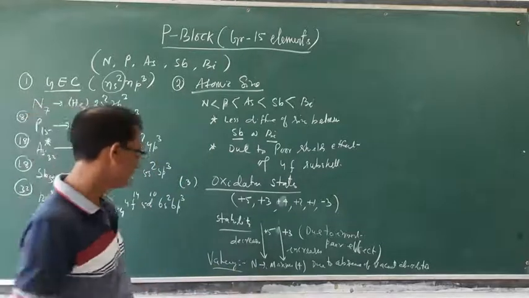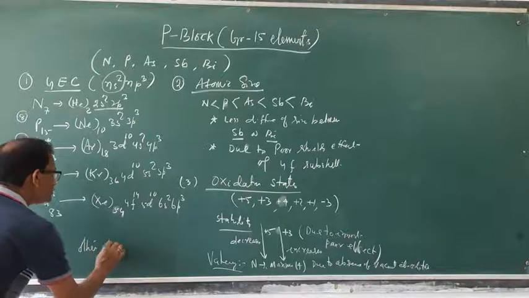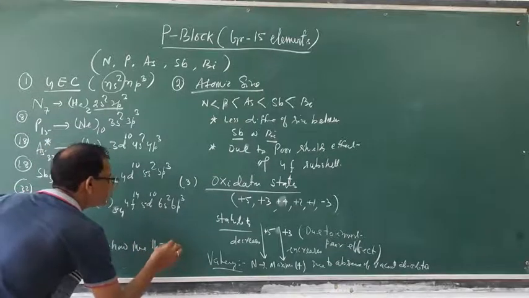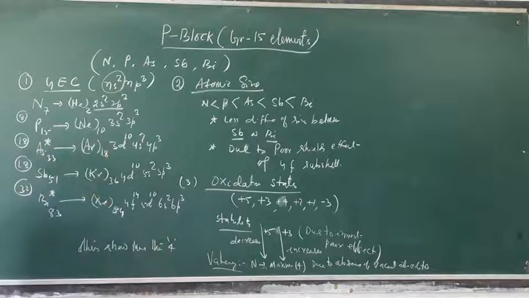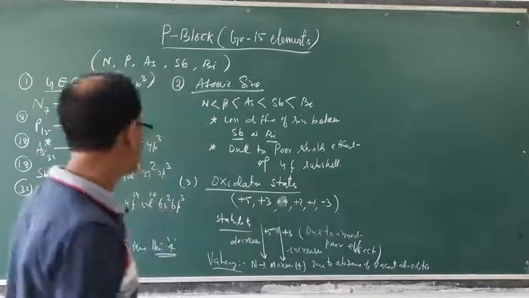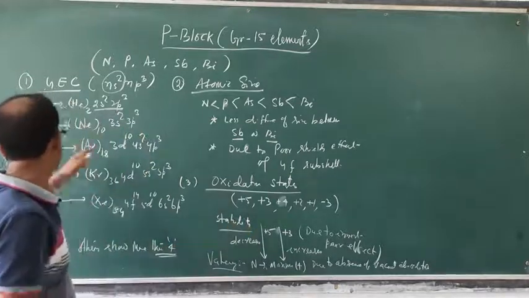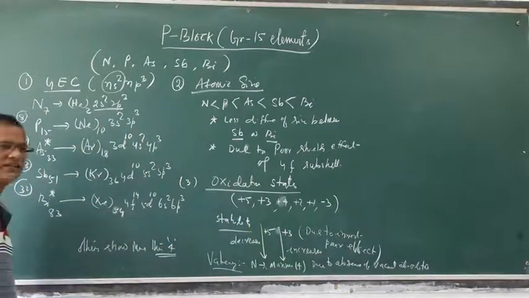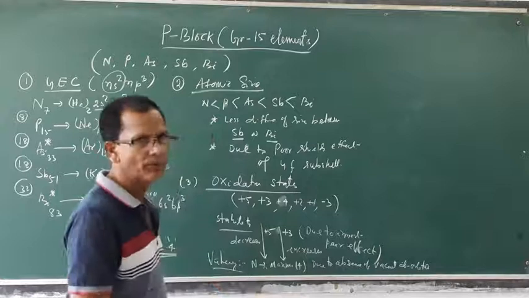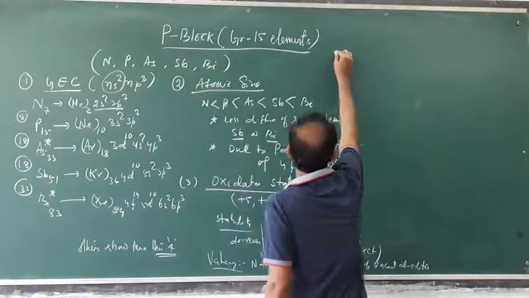But other elements show more than 4. Phosphorus shows 5, 6 like this. Higher covalency is possible in the case of phosphorus, arsenic, antimony. But for nitrogen, the covalence is limited, maximum 4, because of the absence of a vacant d orbital. Okay. Then next is your